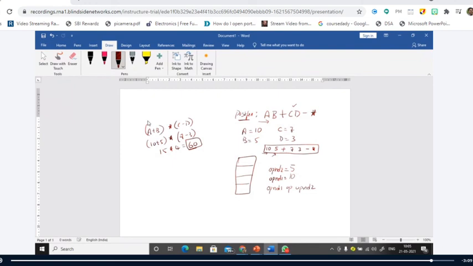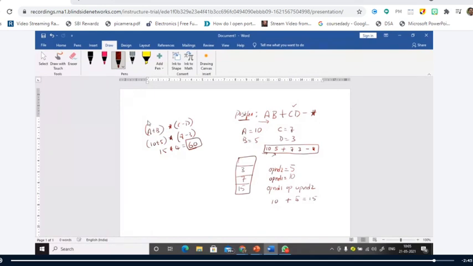What is operand 1? It is 10. What is the operator? Plus. Operand 2 is 5. So what is the result here? It is 15. Therefore, you push this 15 back onto the stack. Now you come across 7, push it onto the stack. You come across 3, push it onto the stack.